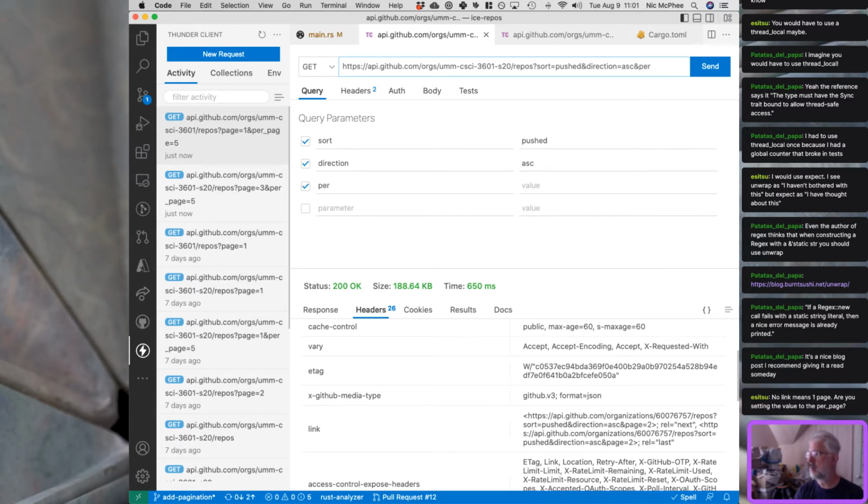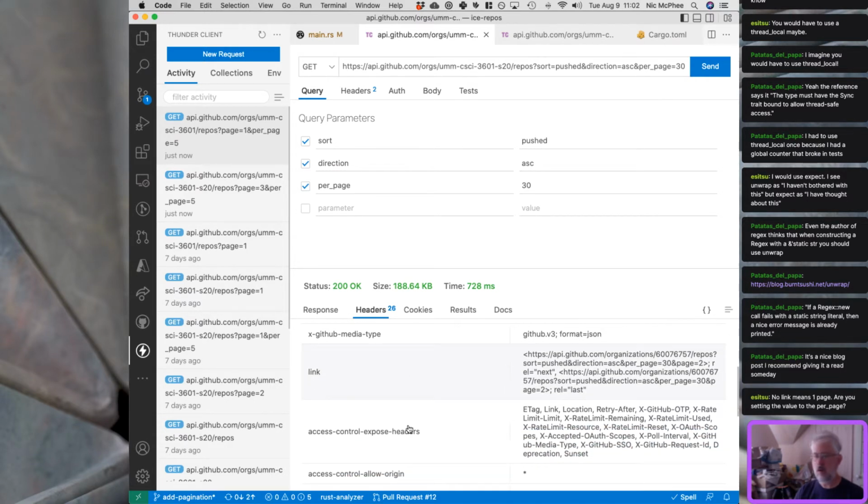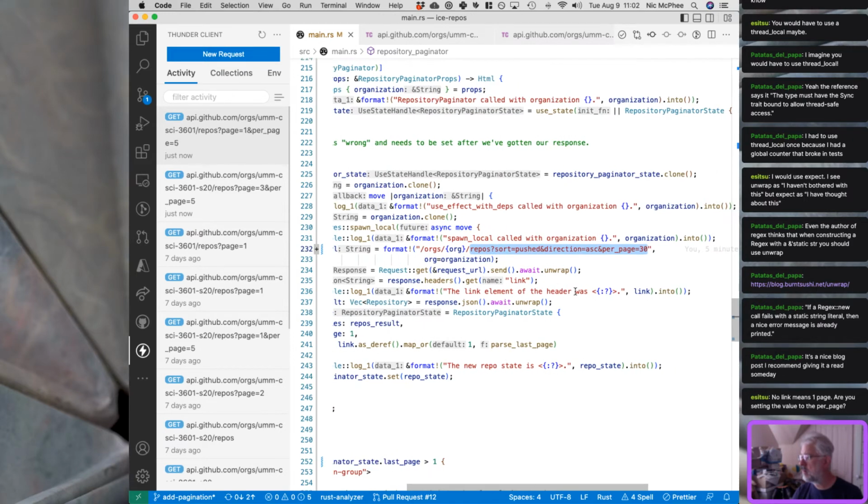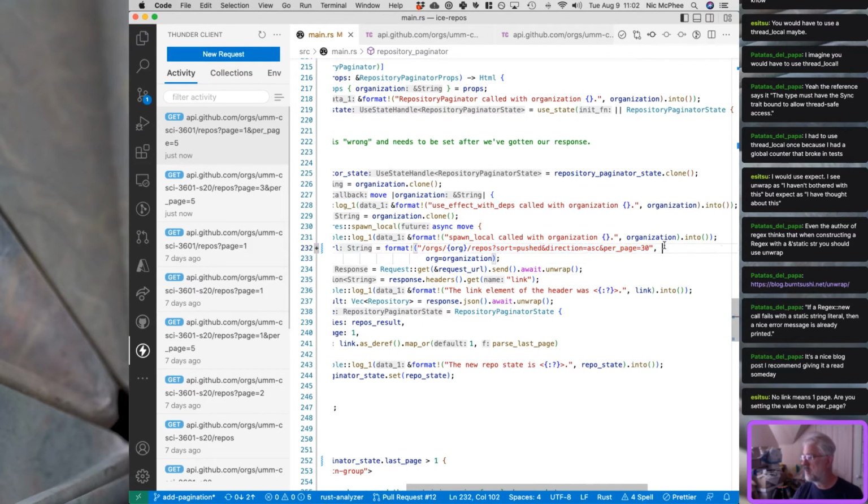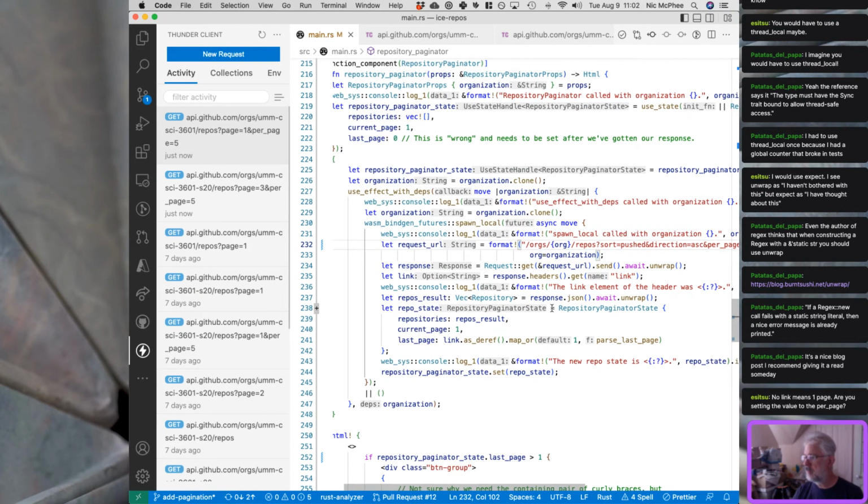And per page. And now we get a link. So I wonder if, did I just set something wrong over here? Per page is 30. So I would expect,